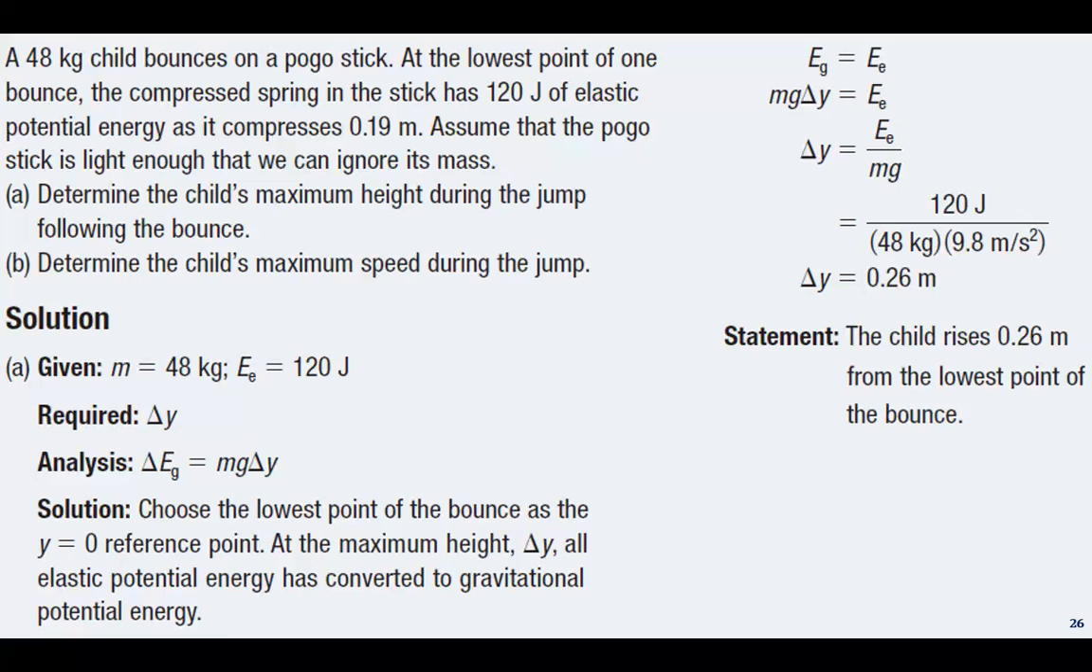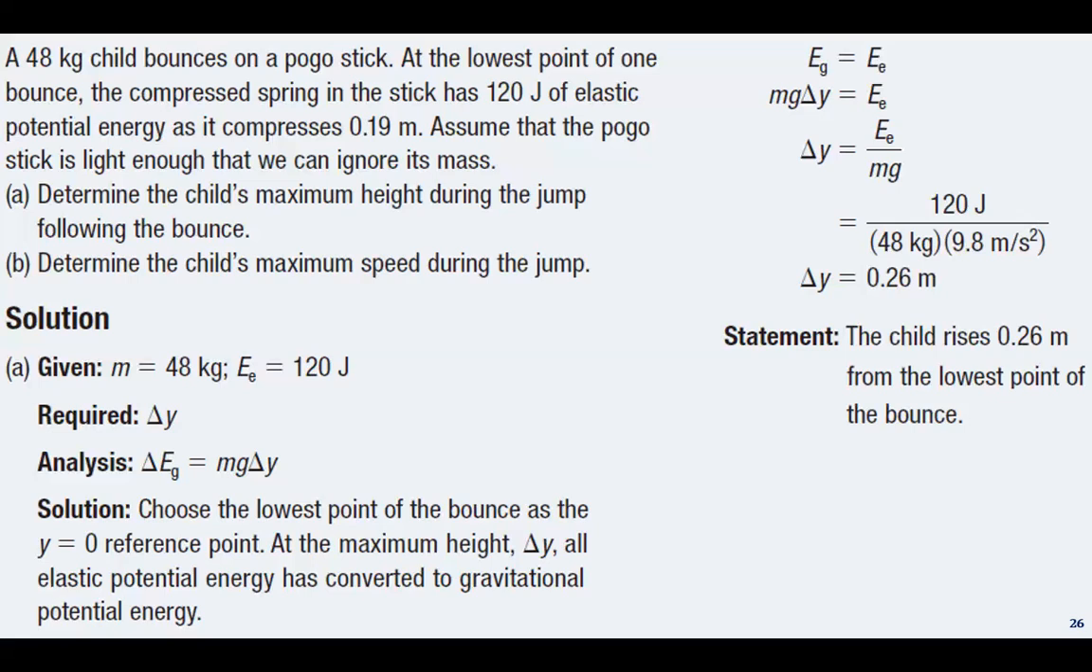That concludes question A. For question B, the point of the maximum speed is the point at which a spring is at its equilibrium position, right? At this position, all of the elastic potential energy has been converted to gravitational potential energy and kinetic energy. If we choose the lowest part of the bounce as the y equals 0 reference point, then at the equilibrium position,